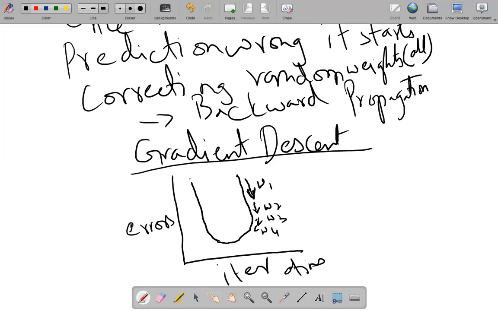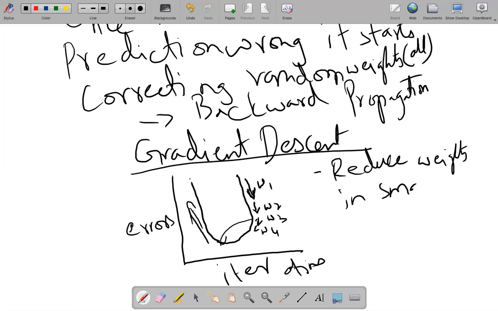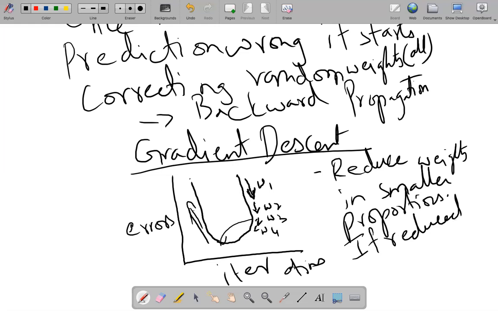If you reduce the weights in larger proportions, instead of reducing, it will jump to the side and start increasing the error. So what gradient descent says is reduce weights in smaller proportions. If reduced in larger proportions, the error will go up.